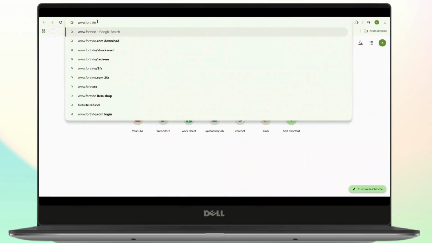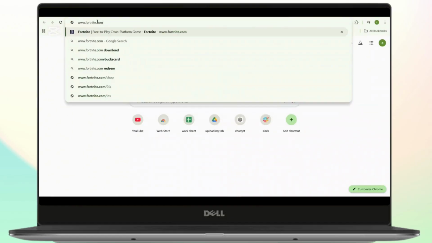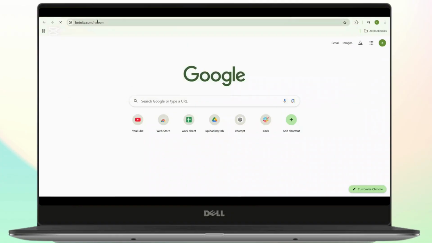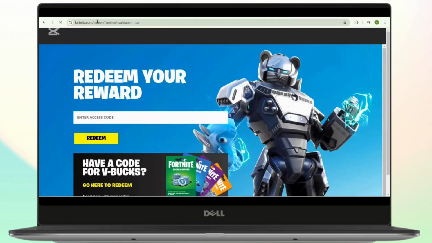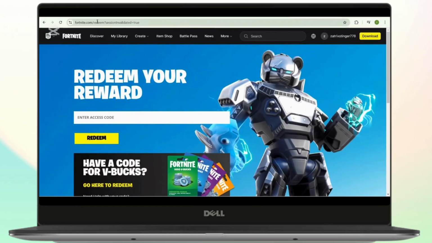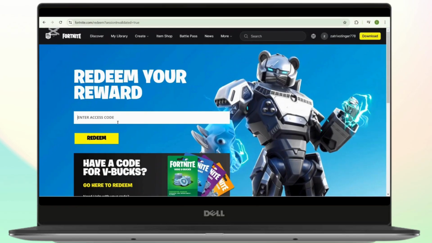So start by opening a web browser and head over to fortnite.com/redeem. And if you are not already signed into your Epic Games account, you will need to create your account first. And once you are on the redeem page, simply type your code into the enter your code field and